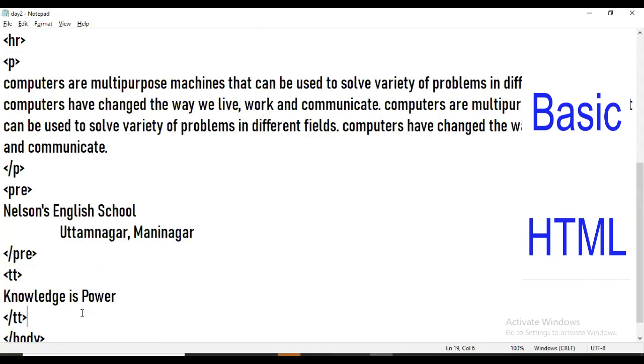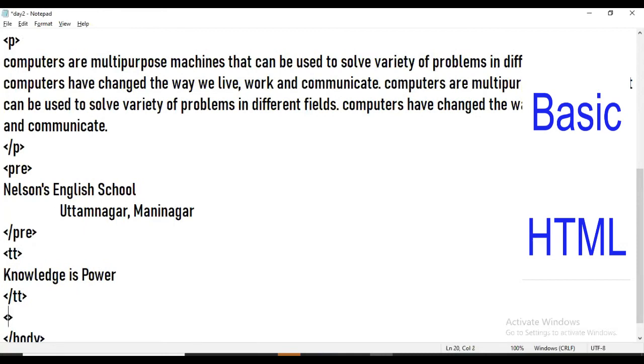Now after TT, we are going to use small font, small text.